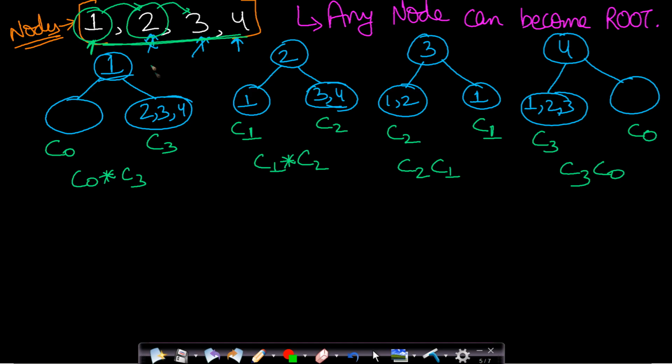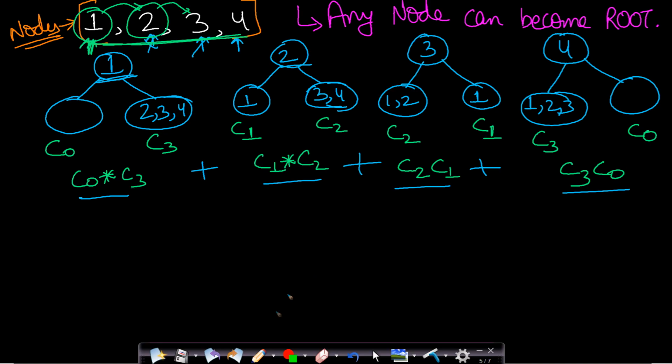If you can count the number of structurally unique BSTs for one node as root, then you can find it for each and every node individually and sum it up to get the total number of structurally unique BSTs. So in this case, what will be the answer? We will just add up these 4 values, since we had 4 nodes and we calculated them by taking each and every node exactly once as the root. So the total number of BSTs in this case will be this sum, and these are the total number of structurally unique BSTs.